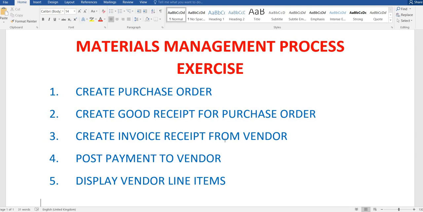We are learning this software. That's why, to understand the whole process, we are performing multiple jobs. But when you are working in the industry, you are responsible for one specific task. If you are working in a manufacturing company and you are responsible to do the purchases, you will only create purchase order. Okay.